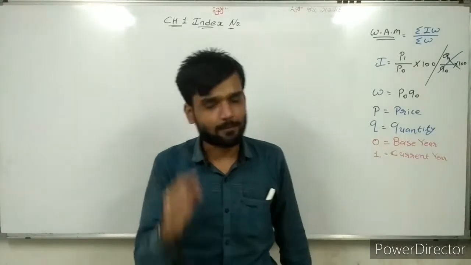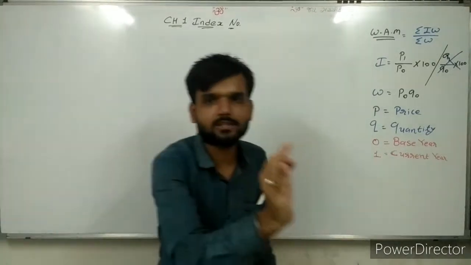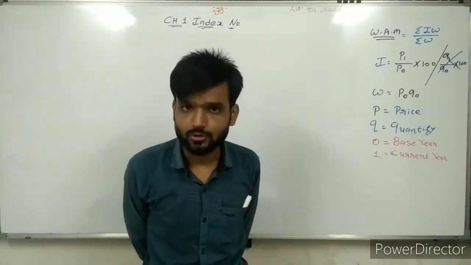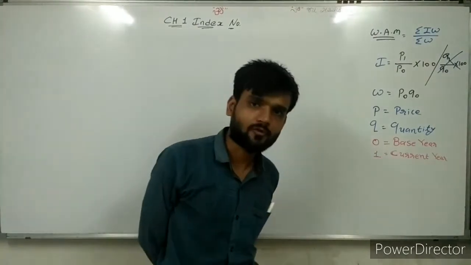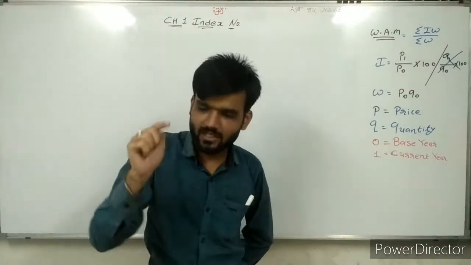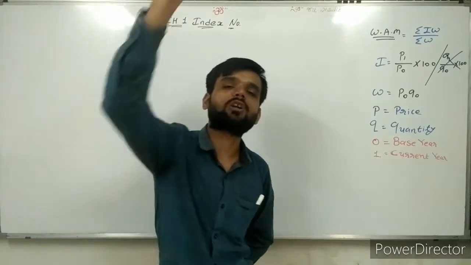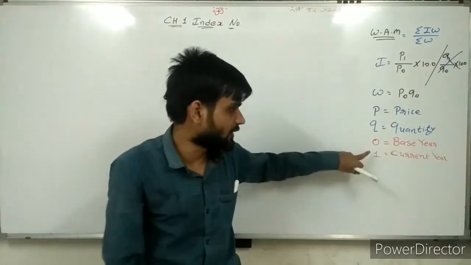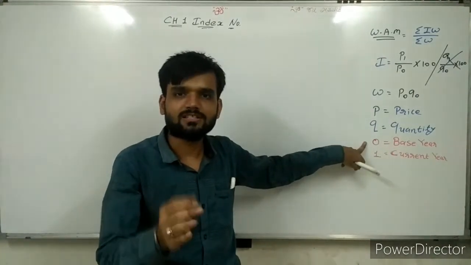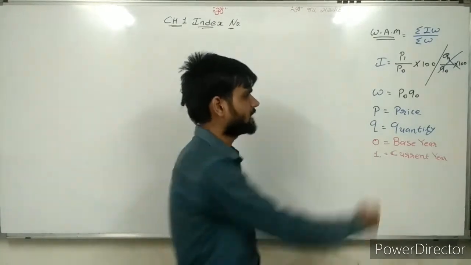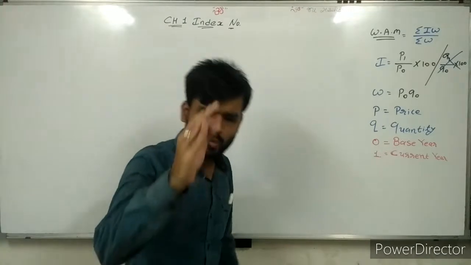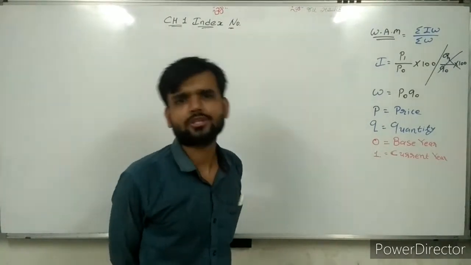Going ahead, suppose you are given 2015 and 2017. You are given information about 2015 and 2017. Now 2017 is what? Current. 2015 is what? Past. So for current year information we write 1. For past year information we write 0. If you can understand this, then you can directly write whatever is given in your question.